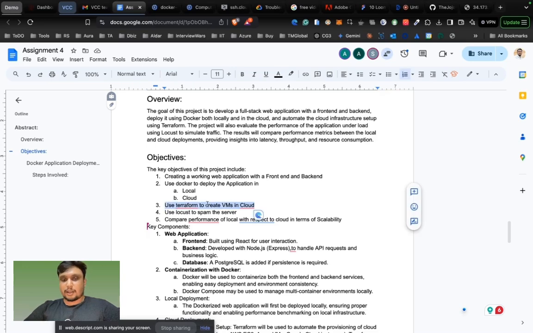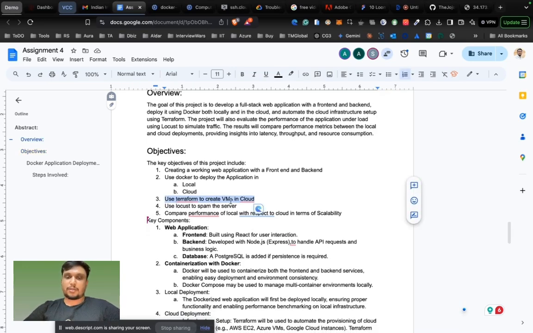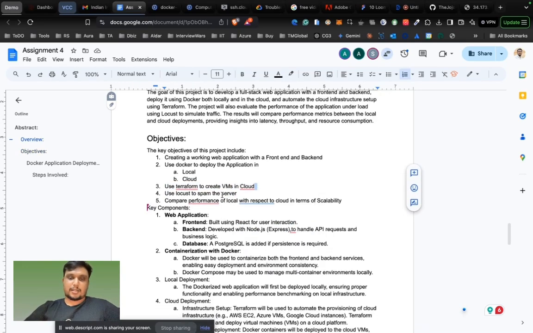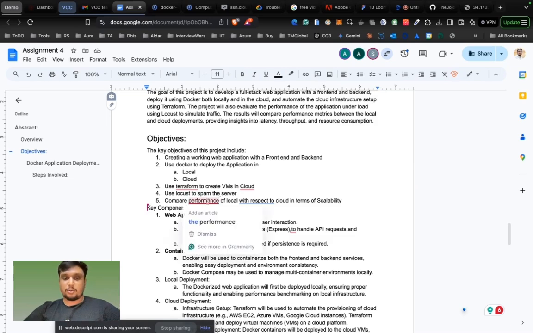We are using Terraform to create VMs and deploy to the cloud. Here we are using GCP as the cloud service. We are also doing load testing using a Python framework called Locust. The last thing we are going to do is compare the performance of local with respect to cloud